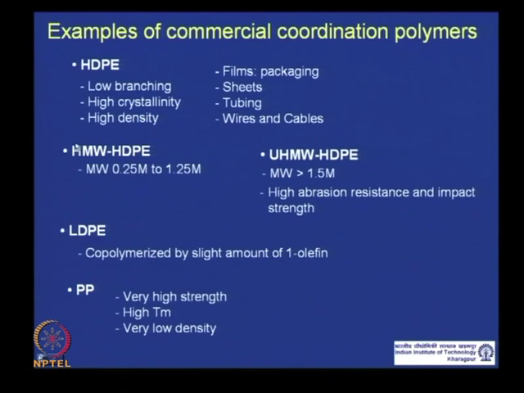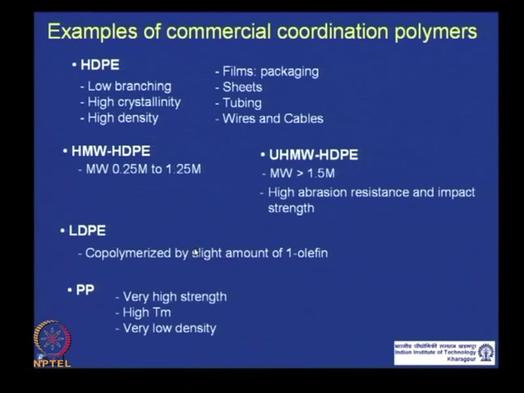You can actually use these coordination polymers to make high molecular weight, high density polyethylene, or ultra high molecular weight polyethylene. You can make low density polyethylene as well by copolymerizing with a slight amount of one olefin such as 1-butene